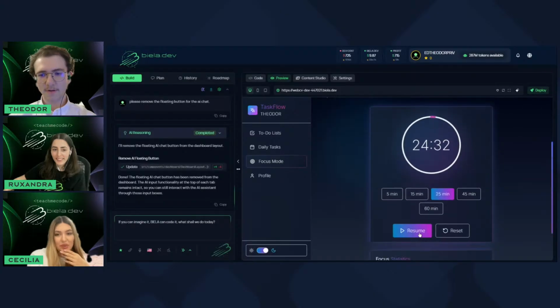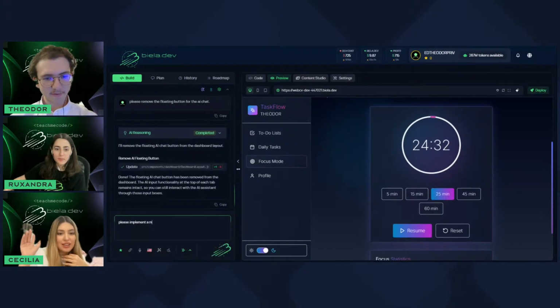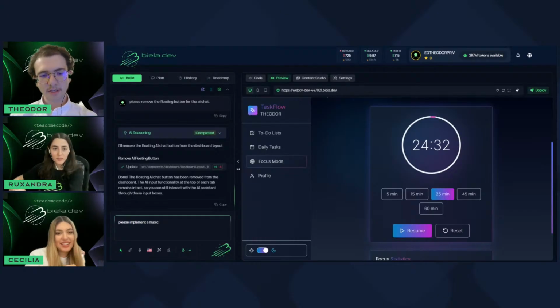No, it's not. I don't think it has music for now, but we can definitely try to implement that. So please implement the rain music, some serene music. The rain. Oh, yes, that's good. That's a good idea. Okay. Please implement some rain sounds when using the focus mode